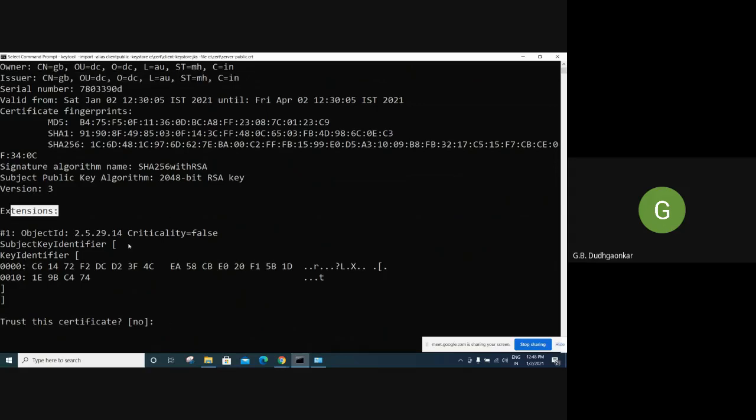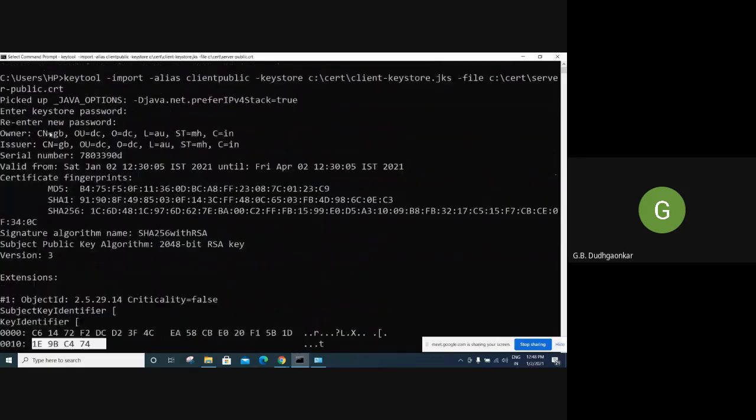Extension. Now this is the object ID. Criticality false. Then this is again an identifier. So in this way, these are the contents of the public key. This is available to anybody. Anybody can see who the issuer is and on what name. Here Google will be there, issuer Symantec, maybe VeriSign, maybe other websites. But this is a dummy certificate, self-signed. That's why I have shown you how to create the certificates.